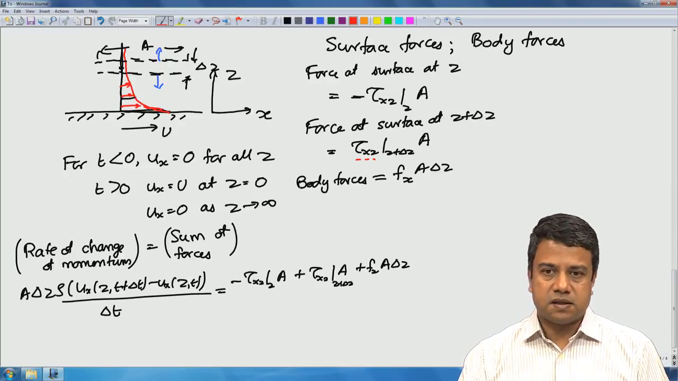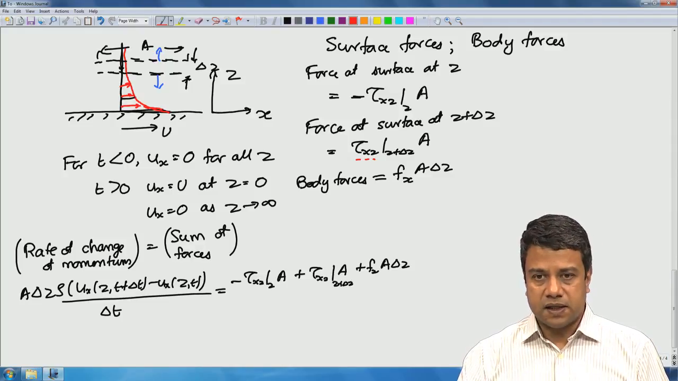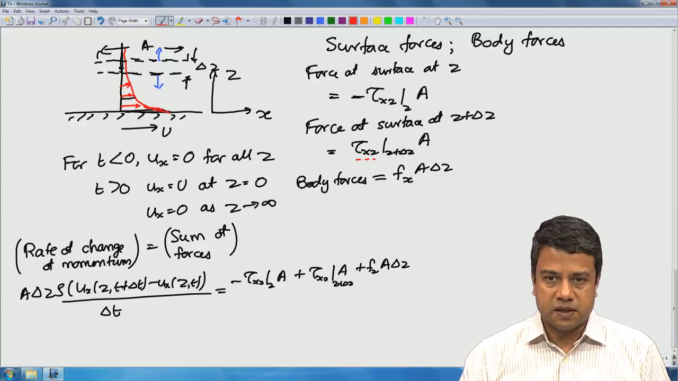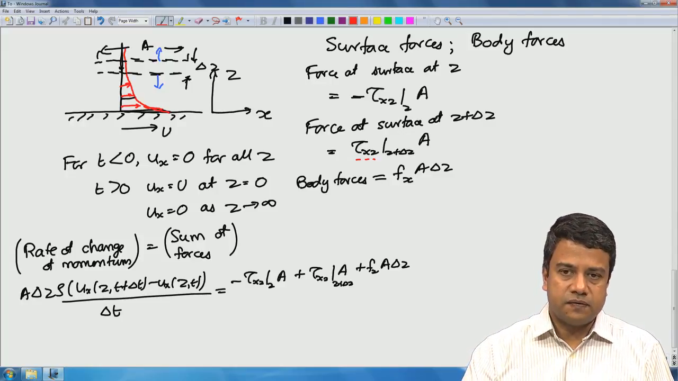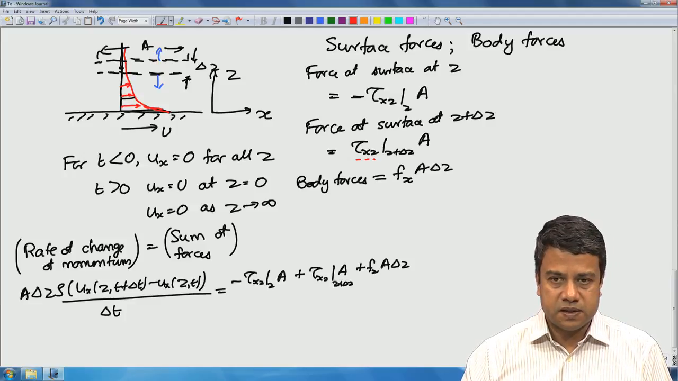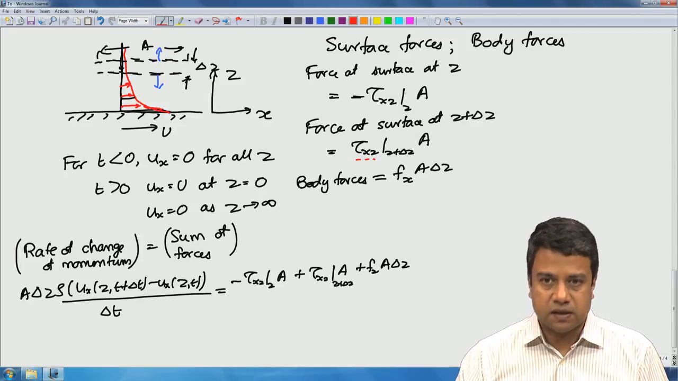The second index represents the direction of transport, or the direction perpendicular to the surface across which momentum is being transported. So, that represents the direction perpendicular to the surface across which the transport takes place. So, it is the direction of the unit normal to the surface. So, there is a second